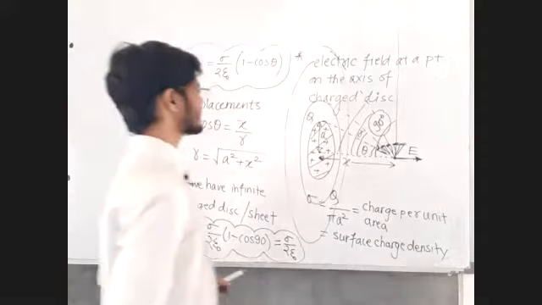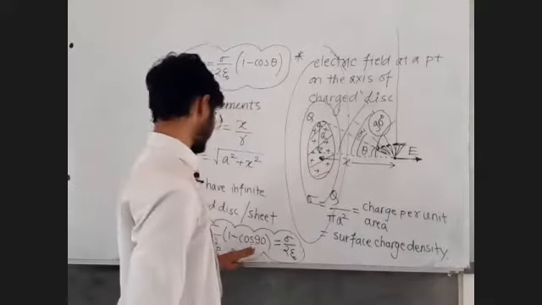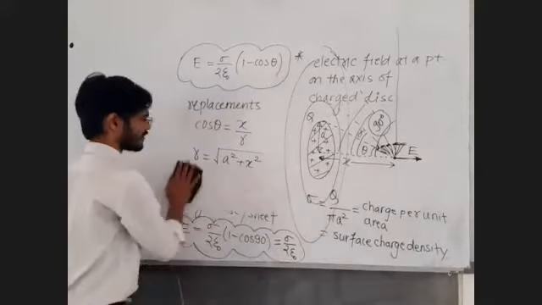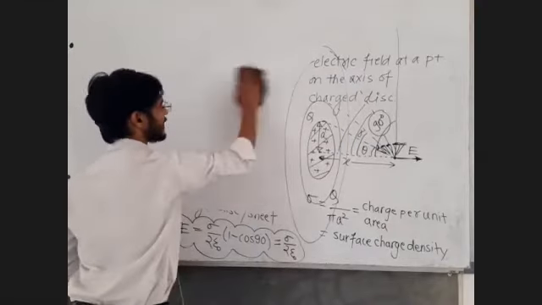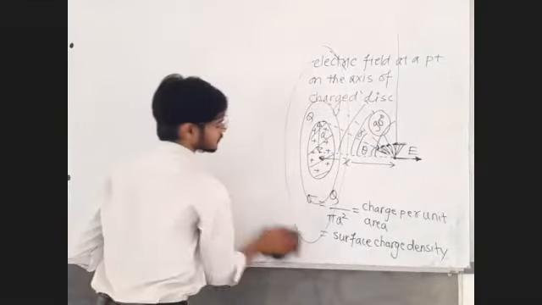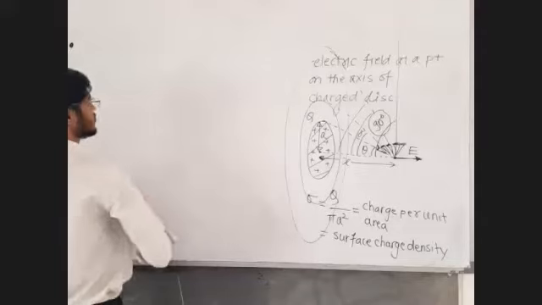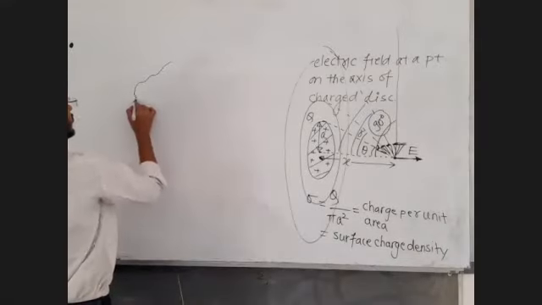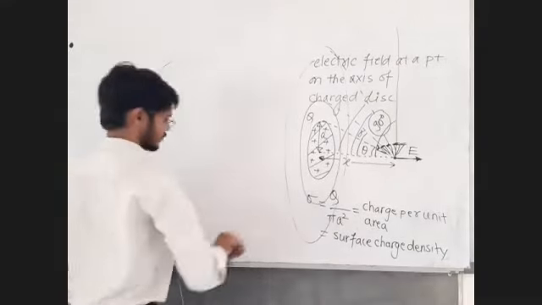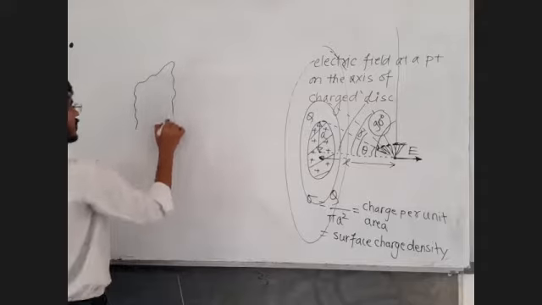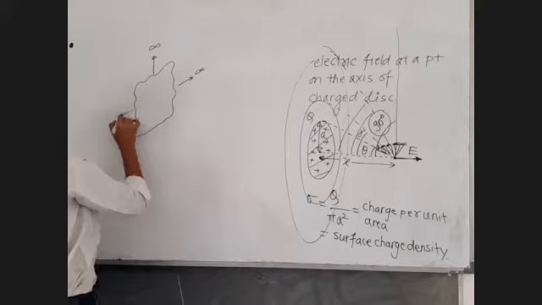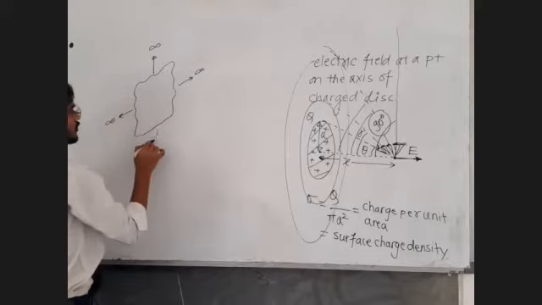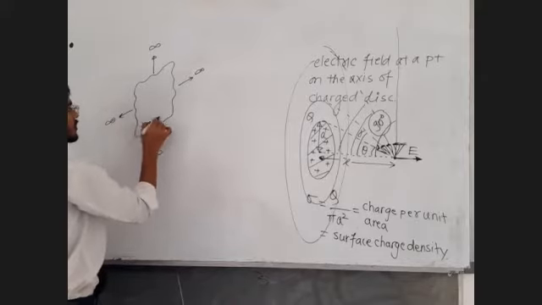Now the shape really doesn't matter, whether it is a ring or a sheet, because the object has become infinite. Write down along with me. After that formula, sigma upon 2 epsilon 0, let us draw one sheet. This sheet extends to infinity. It's a positively charged sheet.